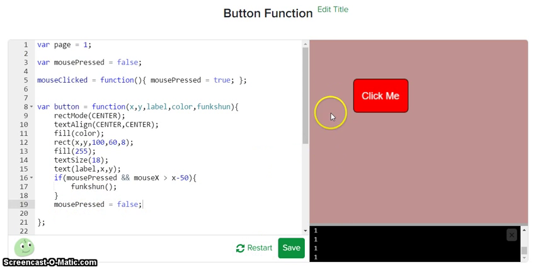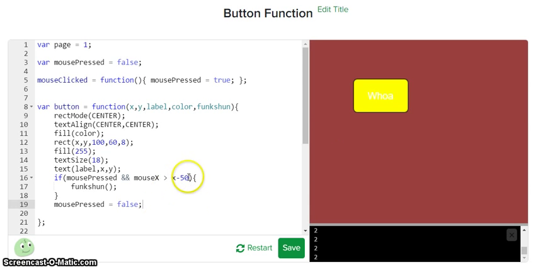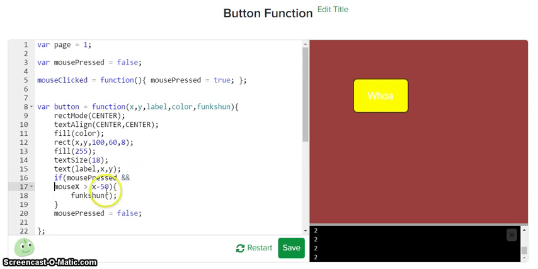Okay, so now I have it so it's over to the left, so clearly I just have to add the rest of the collision detection, which is the same thing here. If mouse X is greater than, and if mouse X is less than this side, which is the X plus half the distance, so X plus 50 there, right? Okay, so I can grab all of this, copy that, and then we'll add another